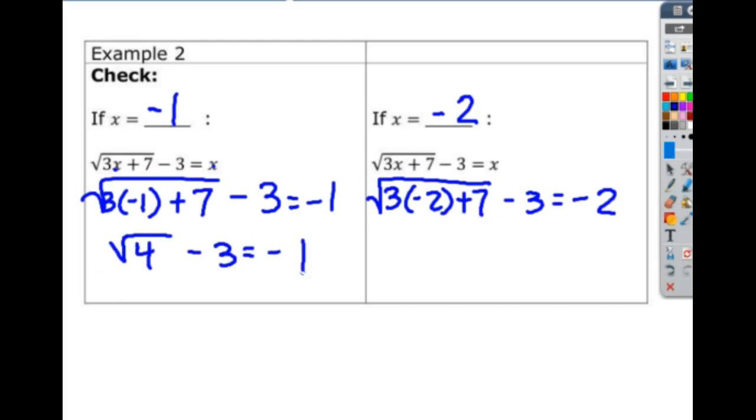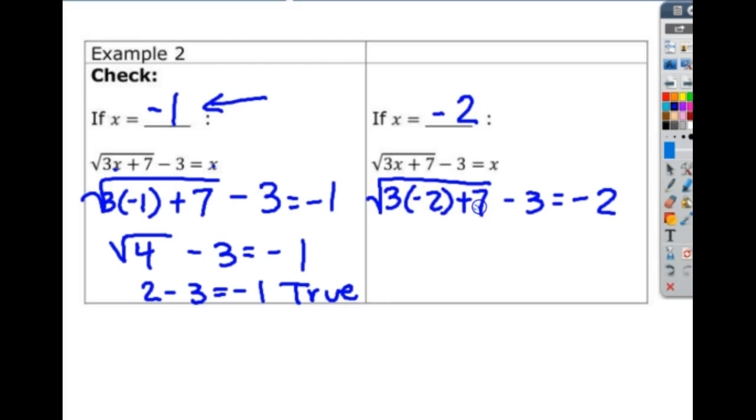But that's not actually a 4. I said it wrong. It's actually the square root of 4. So what's the square root of 4? Is 2 minus 3 equal to -1? Is that equal? That is true. That means that this is a solution. So this is going to be